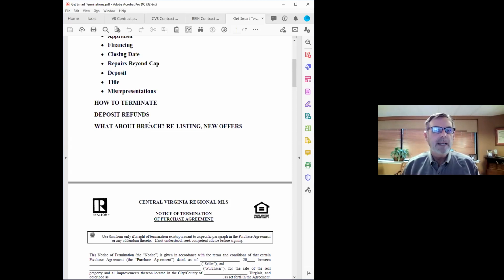The flip side of that, where a buyer has terminated, the seller won't sign the release, and the buyer wants to get on with the process of finding a new house. And worse for the buyer, the seller's refusal to sign a release is almost certainly going to result in the buyer not getting their deposit back right away. Well, it's the same sort of situation. We're going to look and see if the termination is proper.